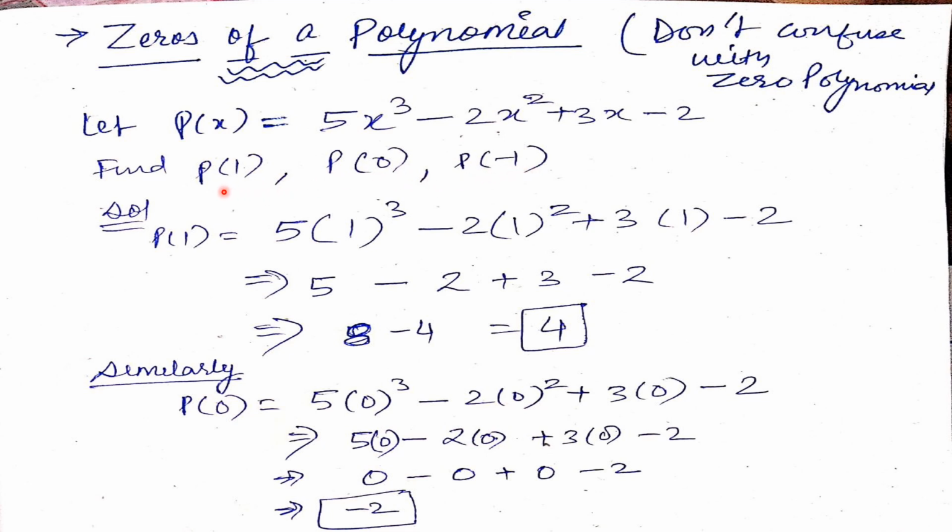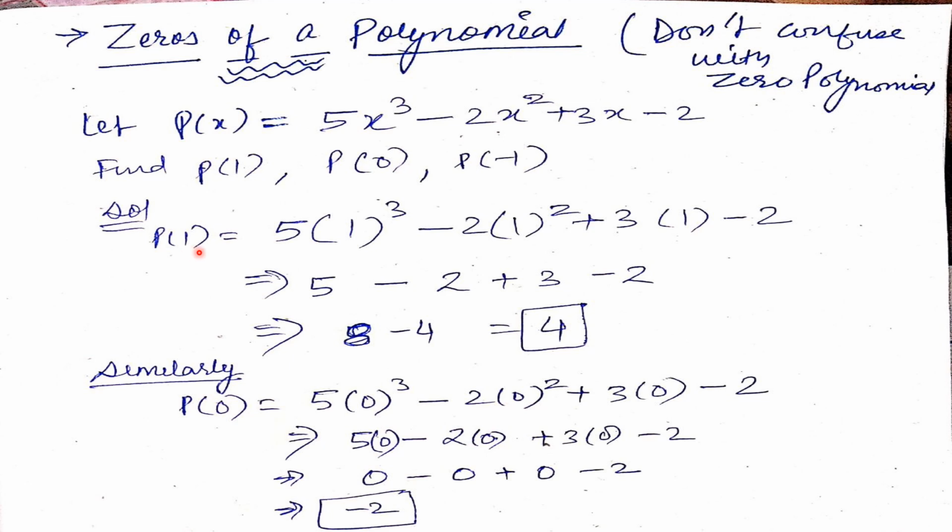What does this mean? This question means that you have to replace this x with 1 and check what is the answer. Very simple. Let's find p(1). It means wherever you find x, you have to put or replace that x by 1. In the last class also I told you, whenever we put some value in an equation, we always do so in a bracket, because whenever we get a new thing in life, it is always packed in a cover. So here also, when we bring 1, we will cover it in a bracket.